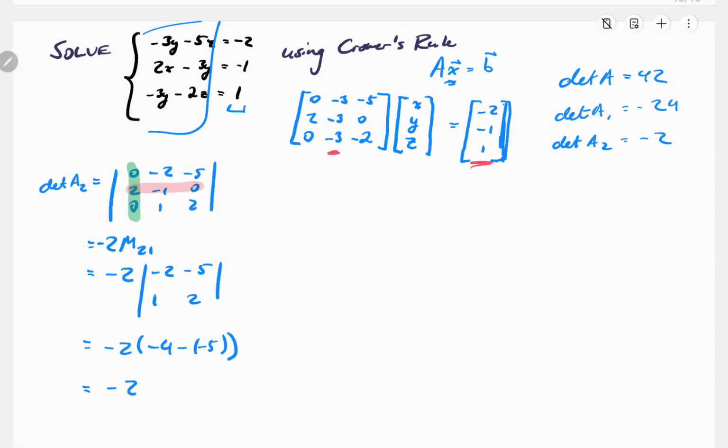All right, let's keep going with our third replacement and then our third determinant to go along with it. So the third one, A sub 3, is equal to the determinant of matrix A, where we've subbed in vector B in the place of our third column, which will have 0, 2, 0, negative 3, negative 3, negative 3, and negative 2, negative 1, and 1. So we're going to use the same column and perform the same